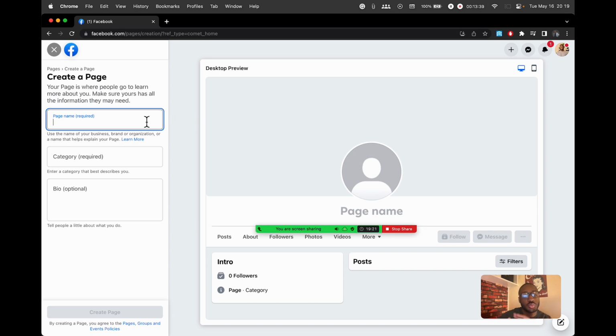But usually when you create a separate entity, maybe you want to tailor the name to reflect what your business does. So just by seeing the name, people would already know what type of content or what type of business or brand you have. For me, I have Karamoko Homes. It's my first name, and homes referring to real estate. So you could do something like that, play around with it. Or if you have a whole other custom business name, you could put that on here too.